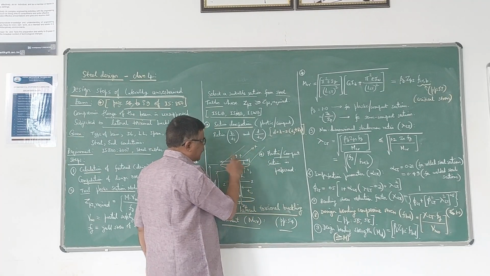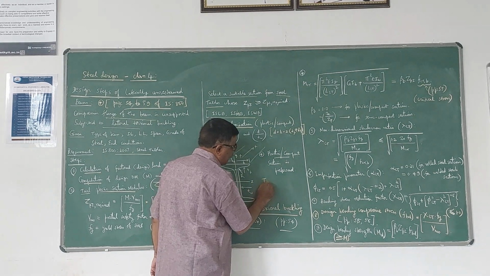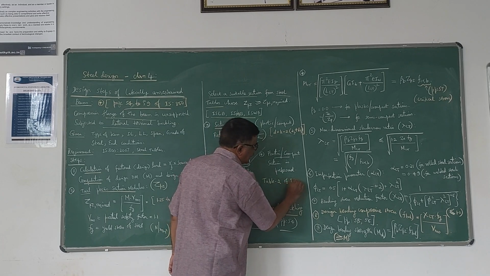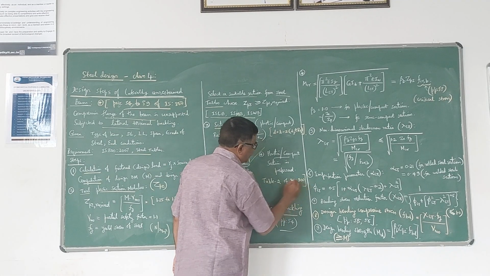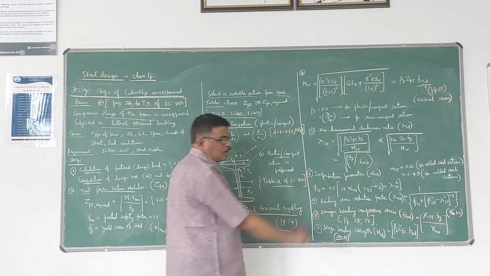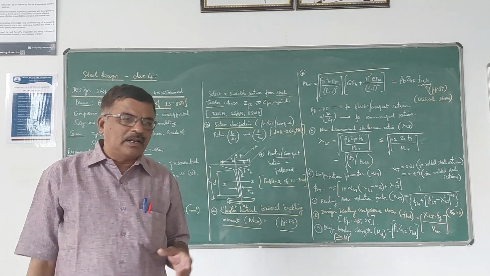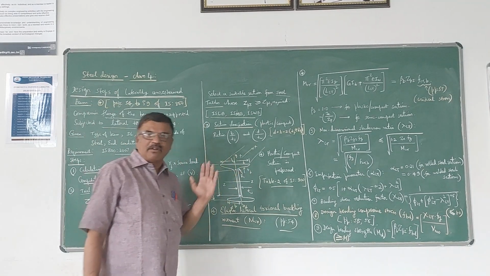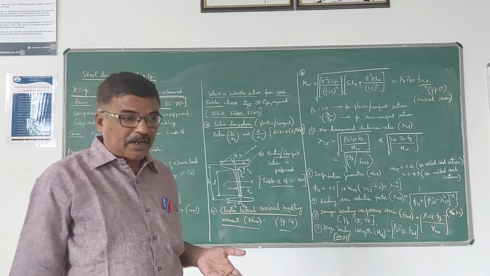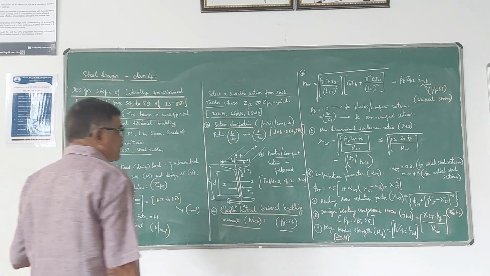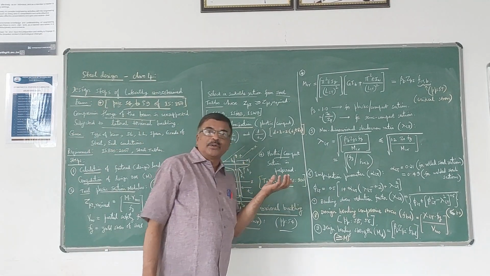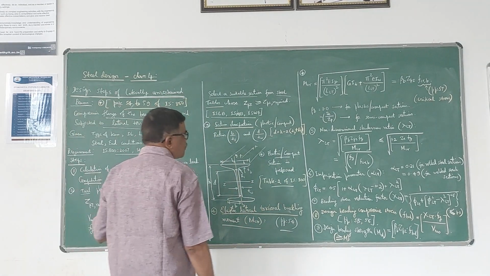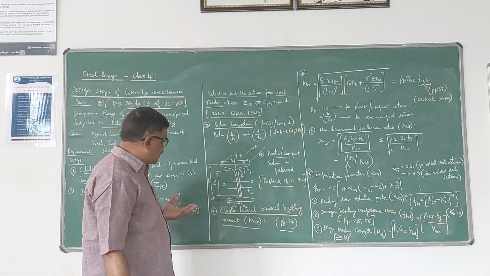So actually, to check this, you have to refer to Table 2 of IS 800, which is there in the code. Okay, so using that table, you have to check for both the flange and web whether they become plastic or compact. Normally, plastic or compact sections are preferred compared to semi-compact. So that's why while choosing itself, you can choose plastic or compact section.